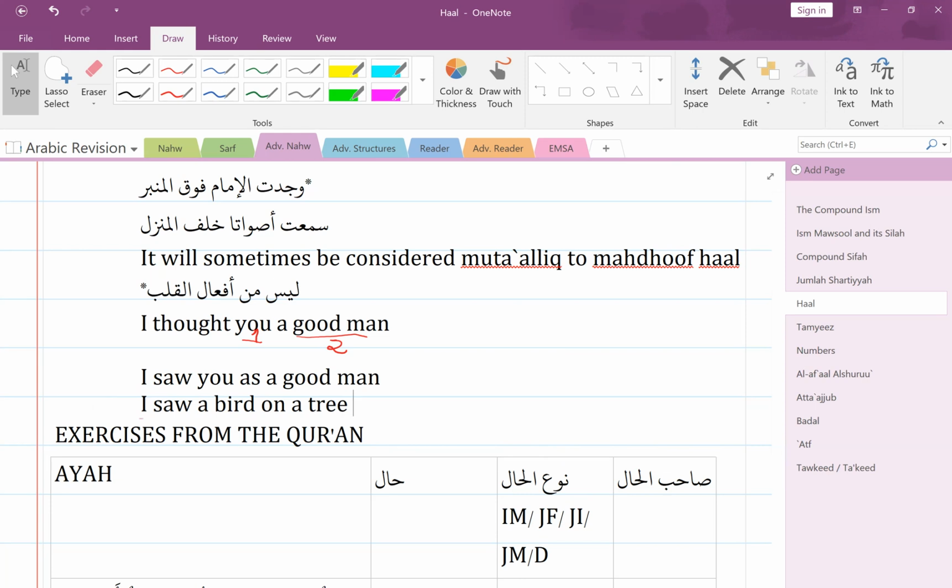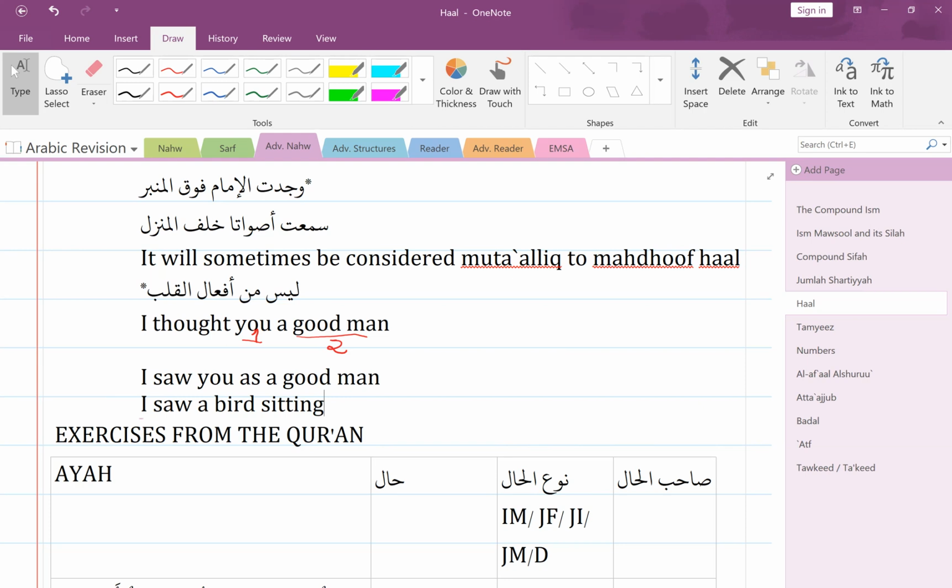I actually, with my two eyes, saw a bird sitting on a tree. So you can see that's physical seeing. It's the same verb. Both these verbs take two maf'uls, but maybe not on a tree, just: I saw a bird sitting. So let's give it two maf'uls: I saw a bird sitting. You can see that they both take two maf'uls, but however, now when it is